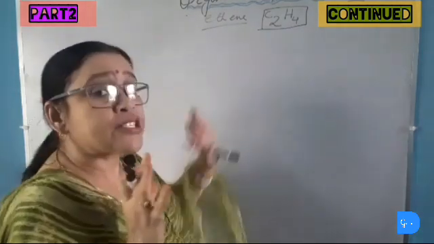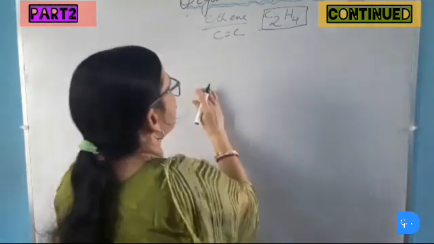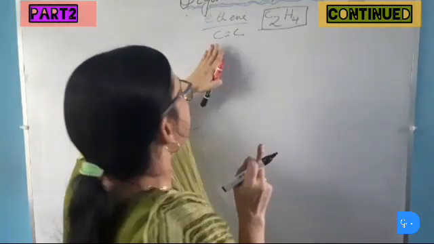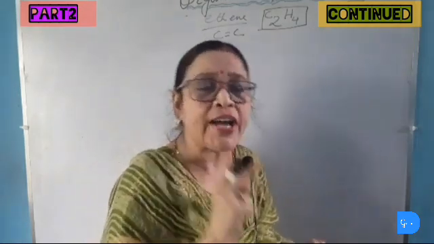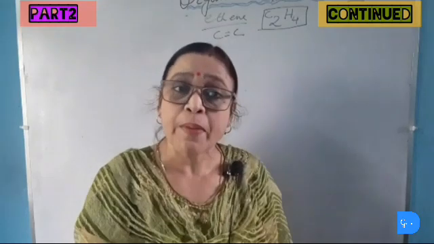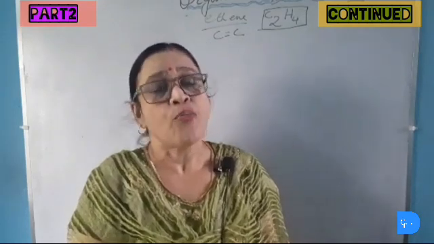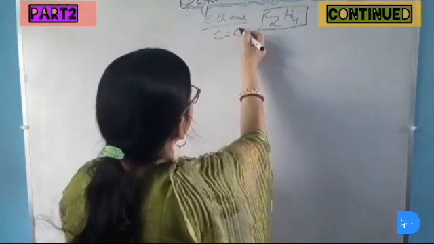Now we will draw the structure of ethene. In ethene there is a carbon-carbon double bond. So the first member of the alkene group is ethene and not methane because methane contains only 1 carbon atom. The first member of the alkane group is methane, and the first members of alkene and alkyne are ethene and ethyne respectively. So the first member of the alkene group is ethene.